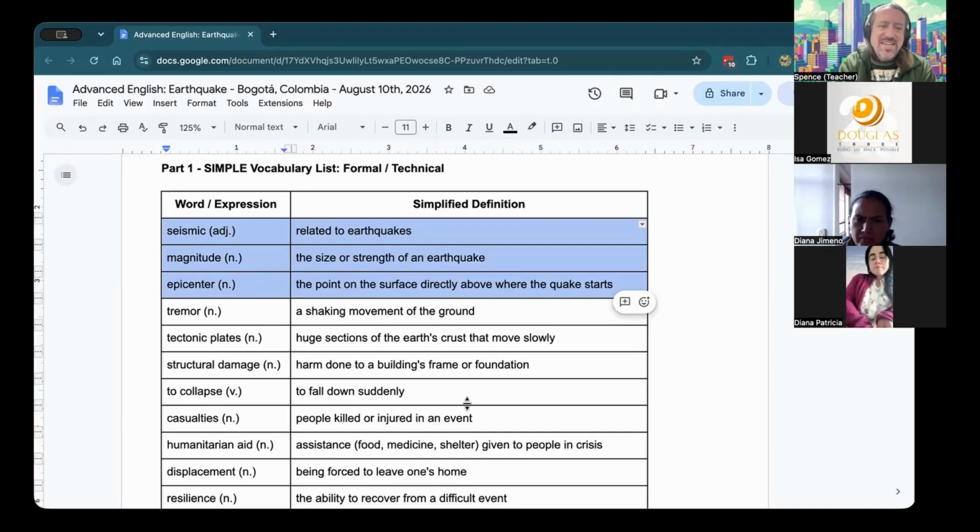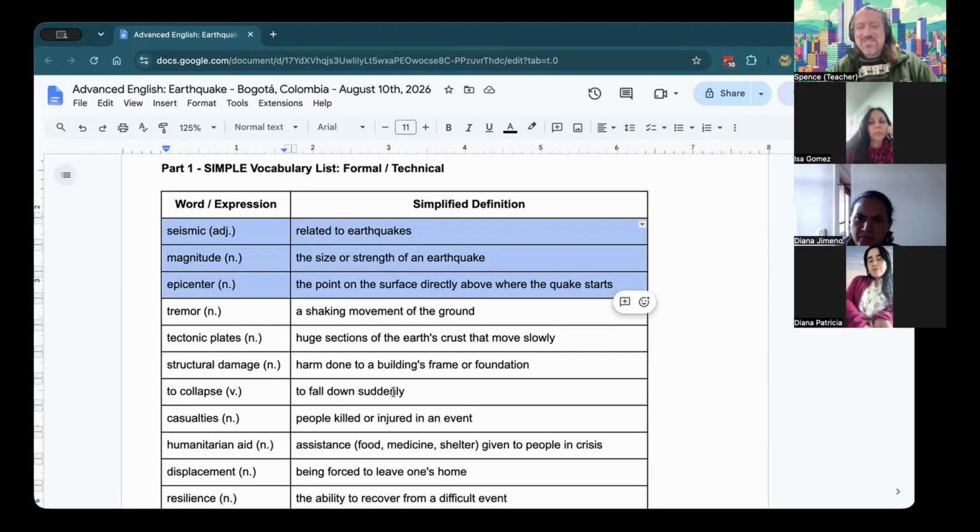Okay, yeah. So we have seismic, referring to earthquakes. But notice that it's an adjective, it's not a noun, right? So we don't say there was a seismic, we say there was a seismic activity. And then the other one, strength, that has that horrible th sound that all language learners dislike. But yeah, strength, right there, th.